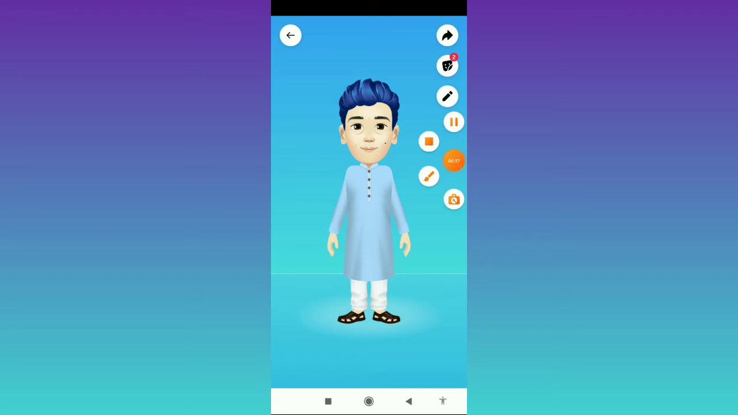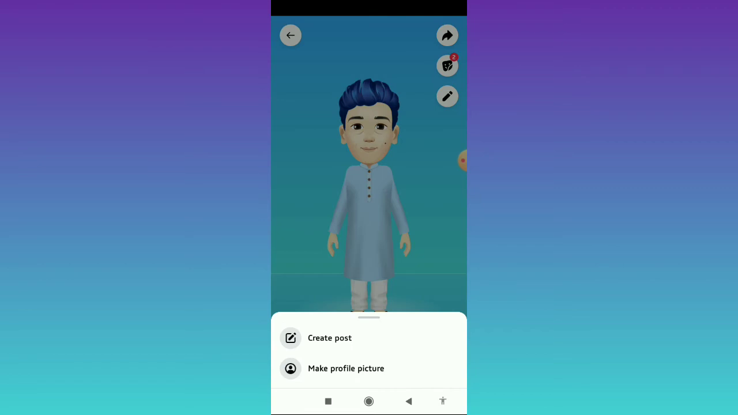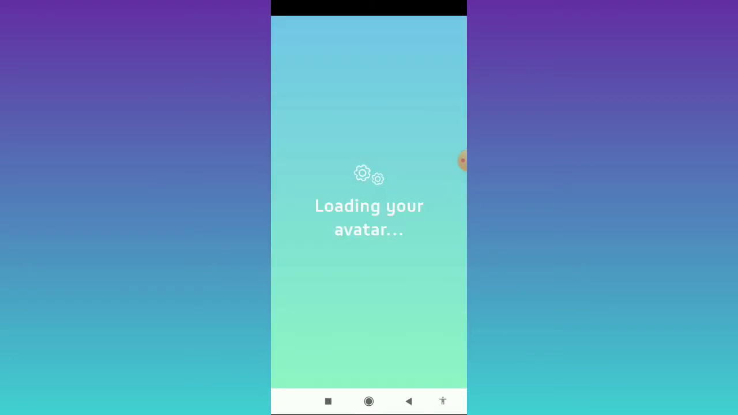Now what you can do from here is simply open your avatar, and when you are on this page you can see the share button in the top right corner. Tap on this and here you can see the create post option and make profile picture. Tap on make profile picture at the very bottom and now it is making your profile picture and loading